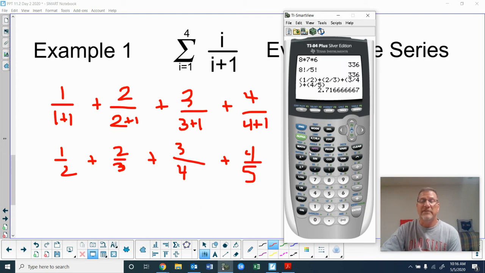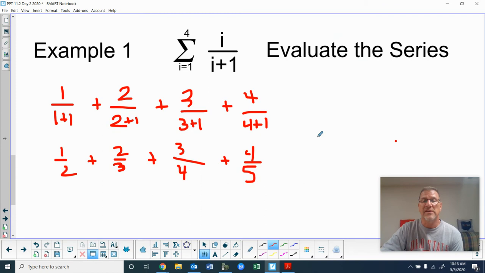And then I like to leave it as a fraction. So remember, to change a decimal to a fraction, you hit Math and then enter twice. So 163 over 160 is the sum of that series